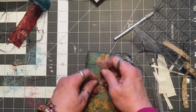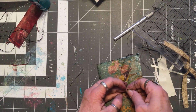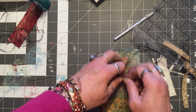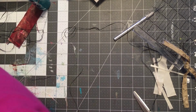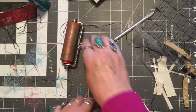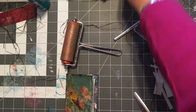Tighten it up by pulling. Better do one or not. I like this stuff too because you can knot it and it stays. So, can we flatten this a little more? You could put them under a bunch of books and flatten them. Heck yeah. So